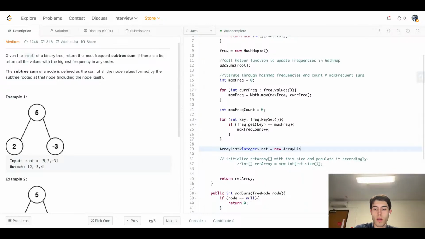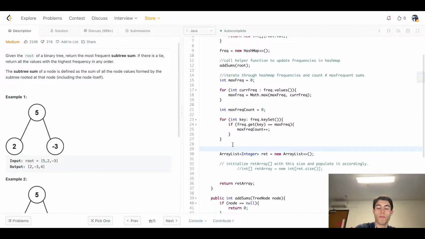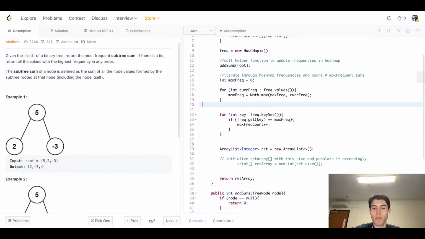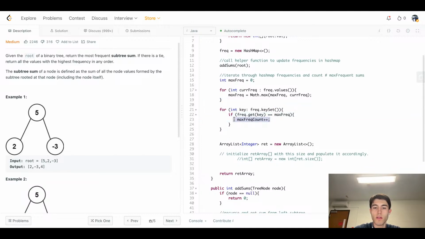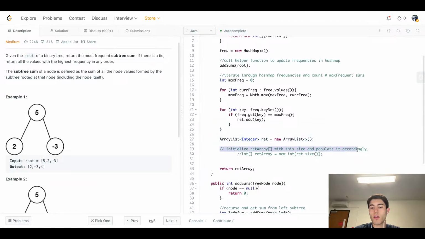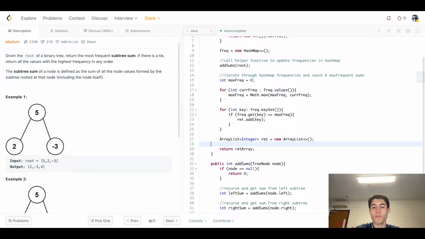New array list. So I'm going to try and speed up a little bit here because we're off to a little bit of a slow start. My bad. All right, so what we're going to do is we're going to forget this max frequency counter. We don't care about that. If the frequency.get is the key, we're going to add the key, because that's the sum, into our array list. And then